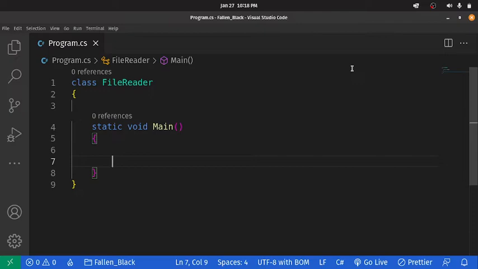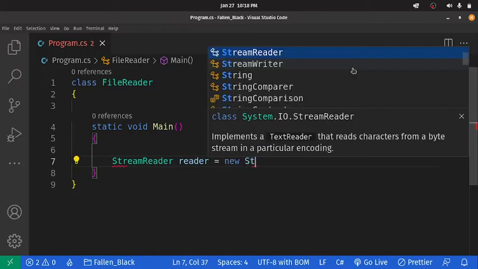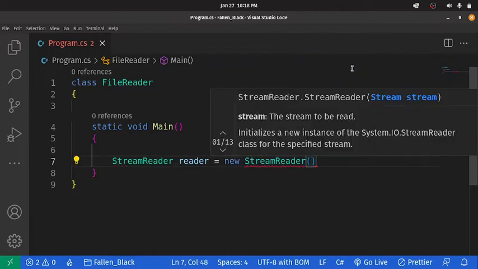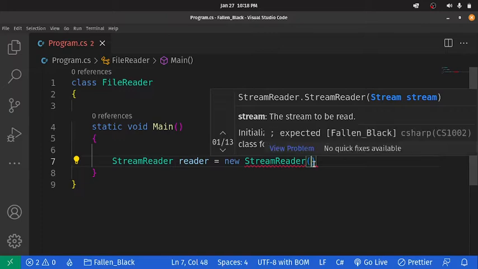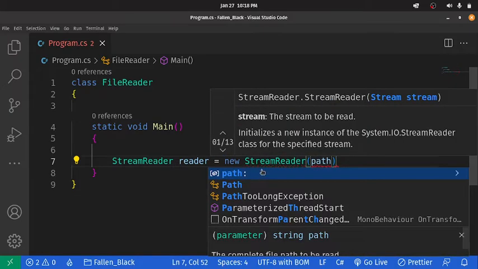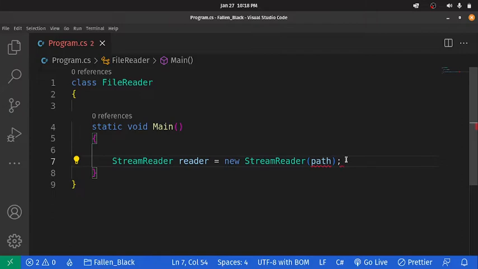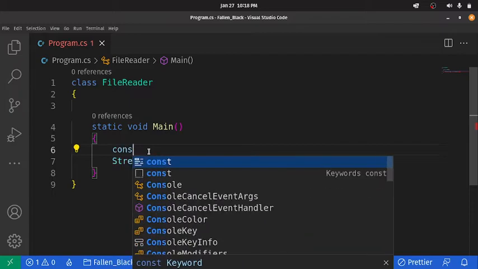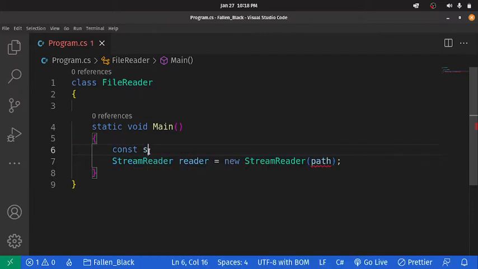So now, importantly, we need an object, a StreamReader object. I'm gonna call it reader. Right, so the StreamReader requires the path of the file you're trying to read, right? It requires the path of the file you're trying to read. So we're gonna have to say const string